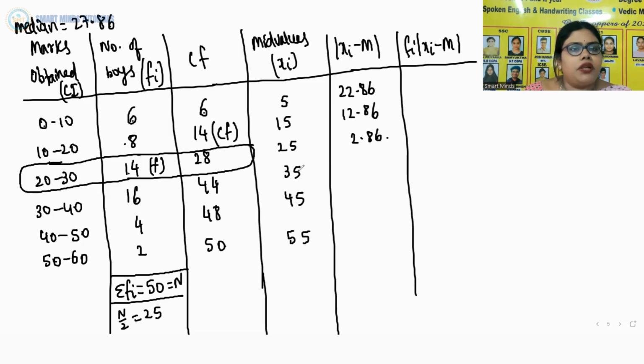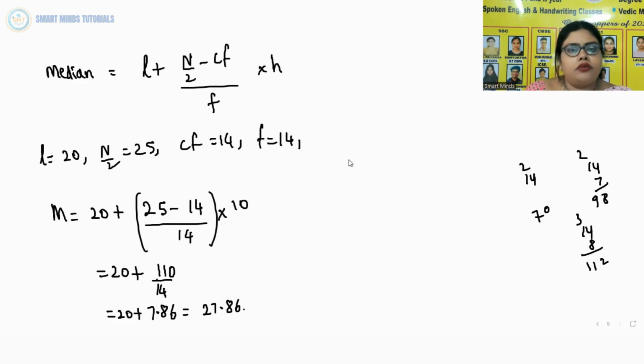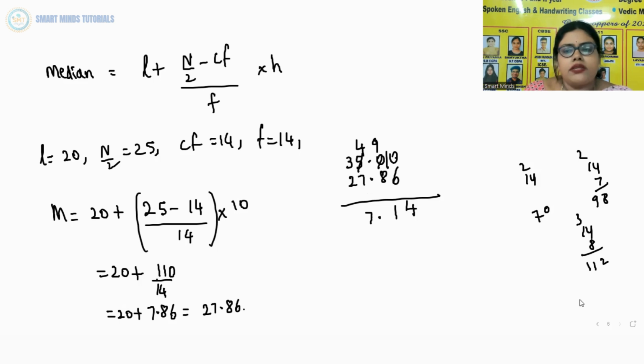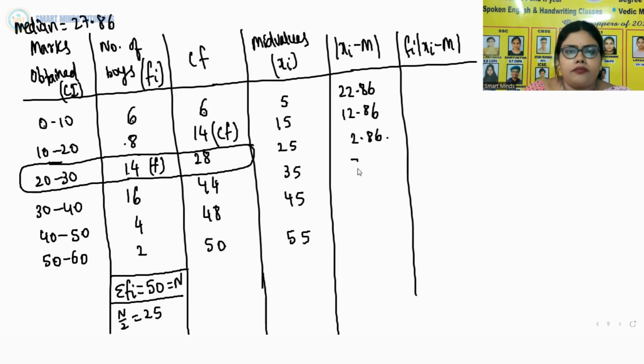Now we have to do 35 minus 27.86. So let's see how to do that. 35 minus 27.86. Borrow, 0 becomes 10. This 0 becomes 9. 5 becomes 4. 10 minus 6 is 4. 9 minus 8 is 1. And then 34 minus 27 is 7. So this is 7.14. Now you add 10, 17.14. Again add 10, 27.14.